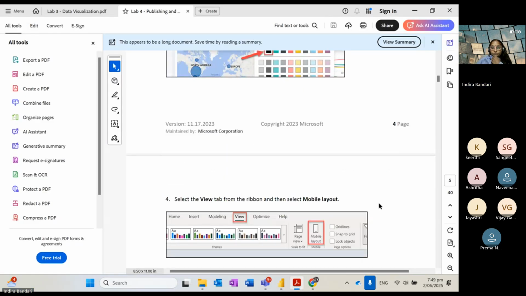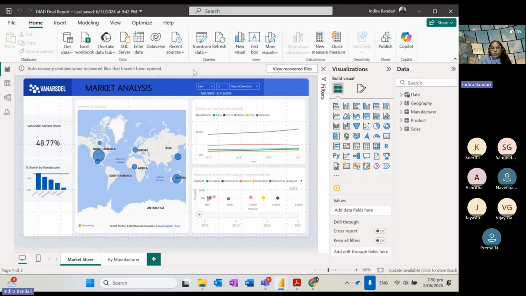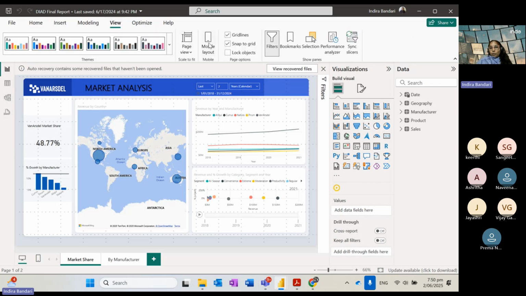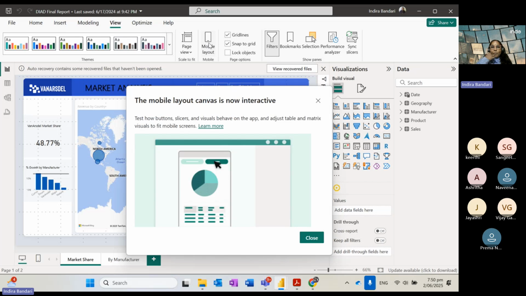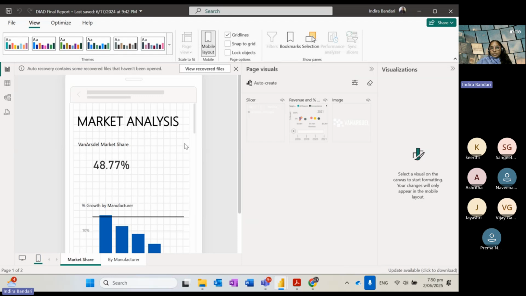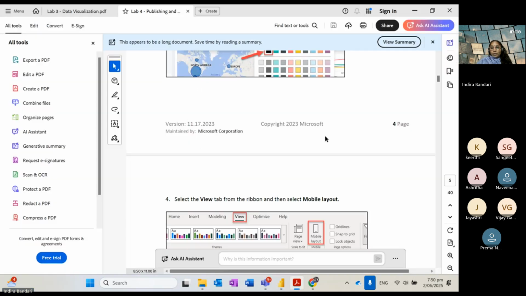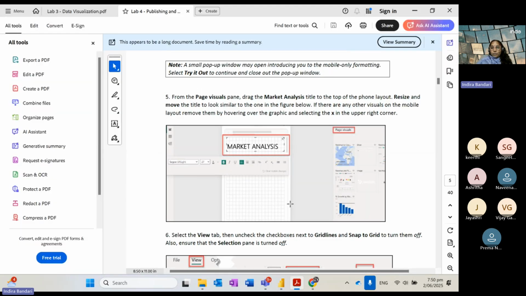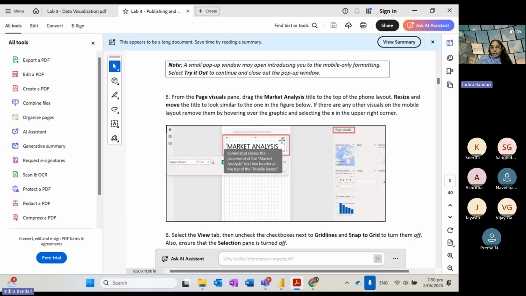And now let's try and create a mobile layout. So how do we do that? If you go into View and then click on Mobile layout, it appears like this. We need to adjust it to how it will show on mobile when you download the Power BI app. So let's see how they have noted. The market analysis is there, and then